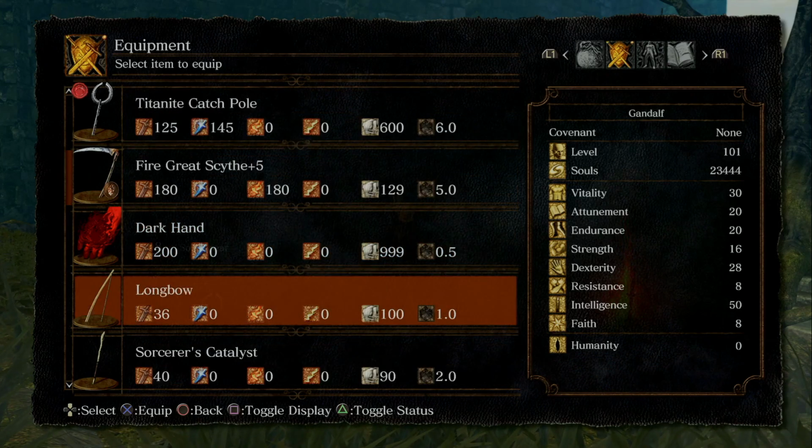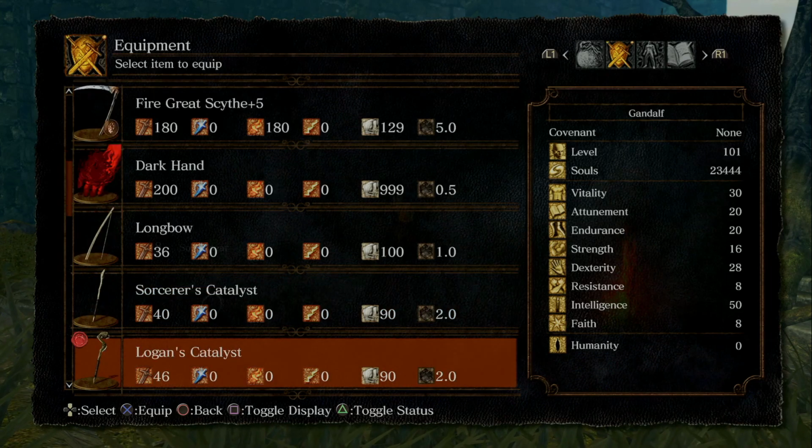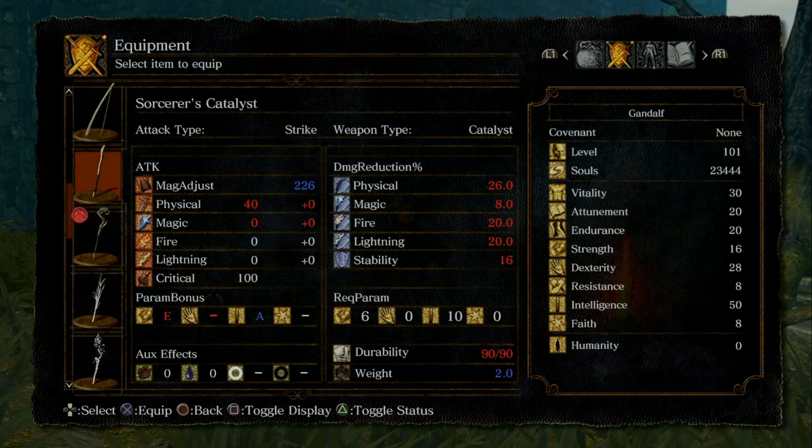Longbow for your long-range needs, like poison arrows, things you need to kill far away, where your spells can't reach. So as our source, all the catalysts, I think, would be great on this. Logan's Catalyst has the highest magic adjustment, which I wanted. It's pretty damn good. But we rocked the Sorcerer's Catalyst for a while, until this was actually strong enough